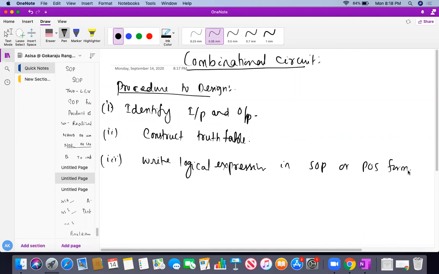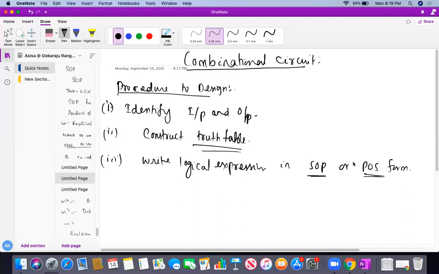If you are writing an SOP expression, you consider the logic ones of the outputs of the truth table. If you are constructing a POS expression, you consider the zeros of the truth table.